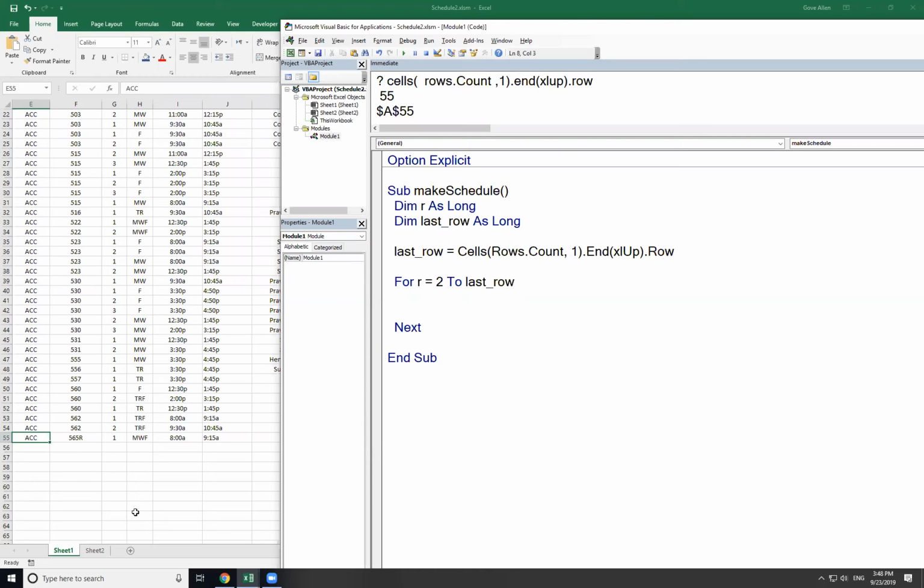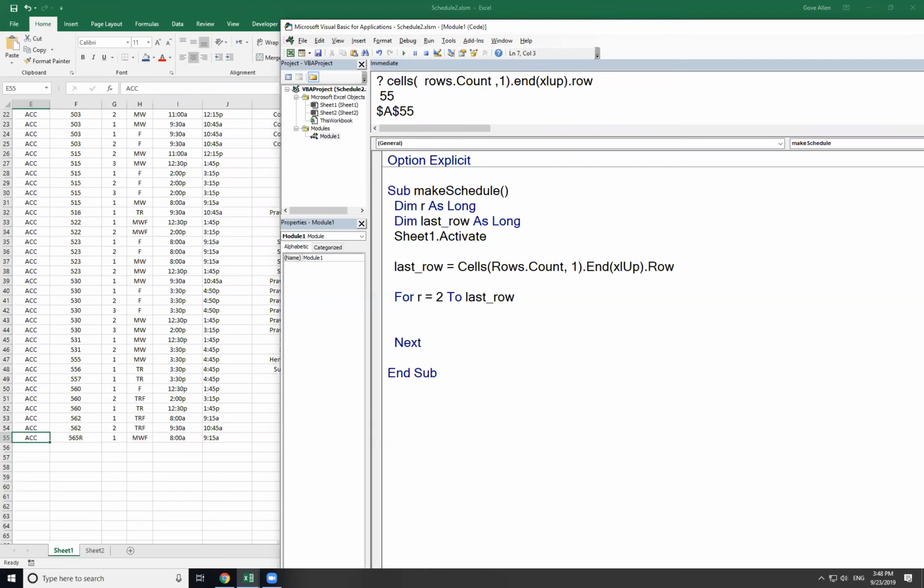And just to make sure, I've got a couple of worksheets here, so just to make sure I'm on the right worksheet, let me go ahead and activate that sheet. Sheet1.Activate. Okay, so now even if I run this on Sheet2, it'll first activate Sheet1, then we'll figure out what the last row is. And now I should be able to do a Debug.Print